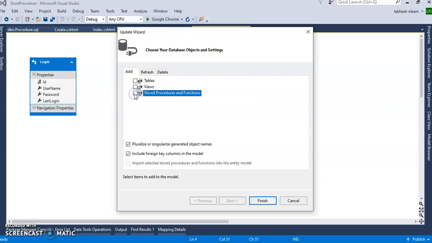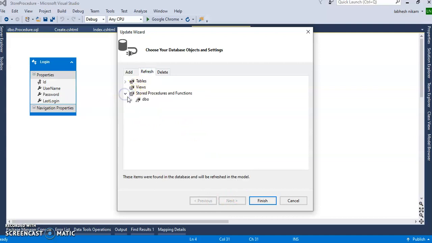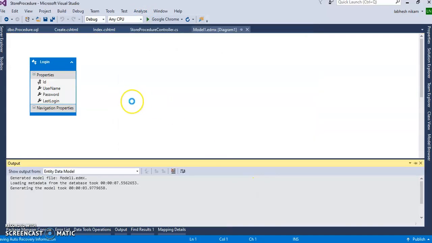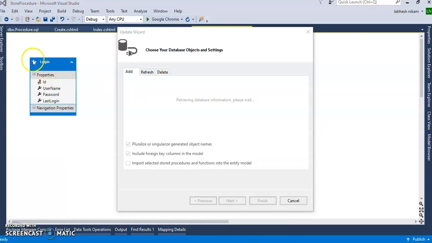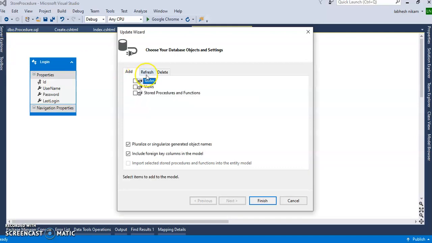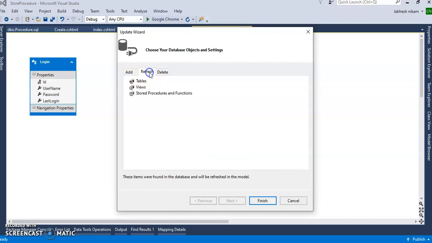The stored procedure folder, and now it will show the stored procedure.